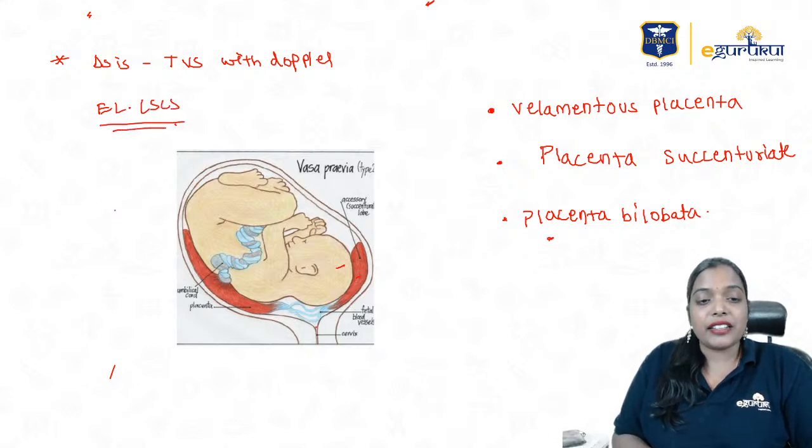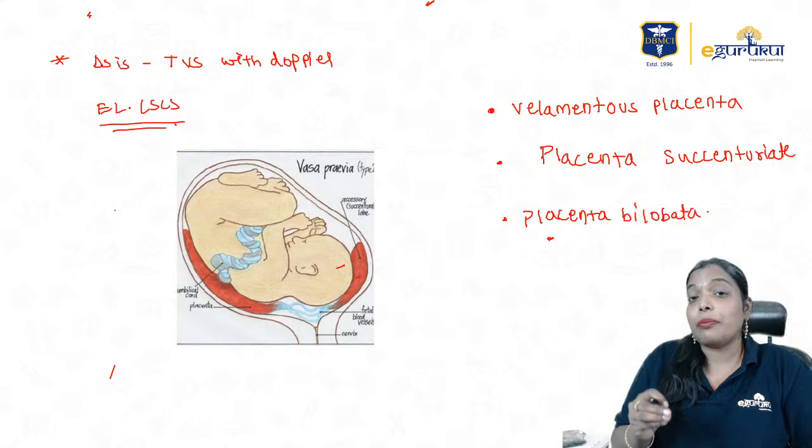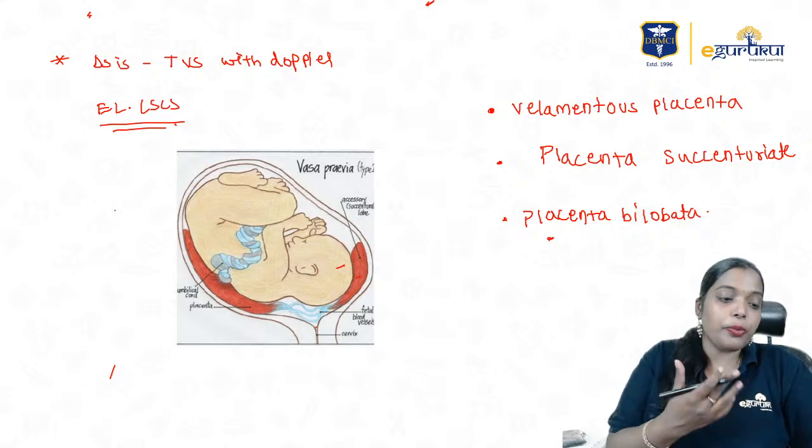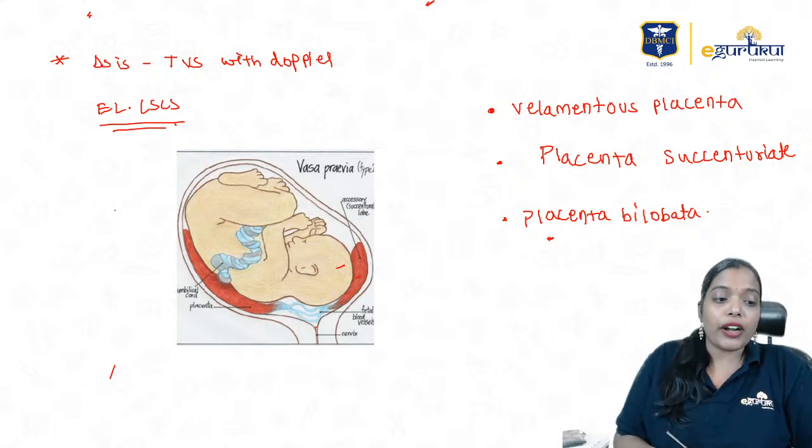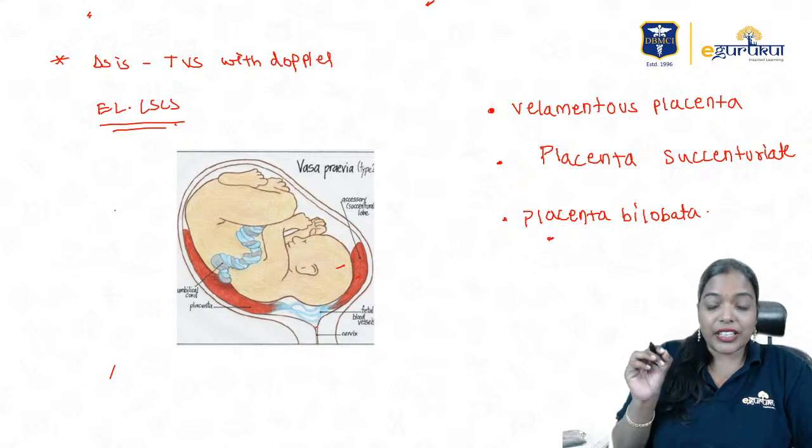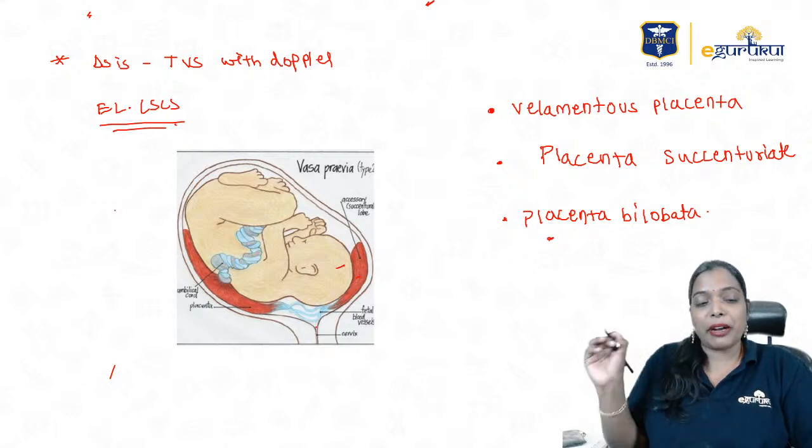There was one test in earlier days, used after the bleeding has happened and the baby has died, when you want to differentiate whether it is fetal blood or maternal blood. What is the test which can differentiate between fetal blood and maternal blood? I want you people to answer this question.